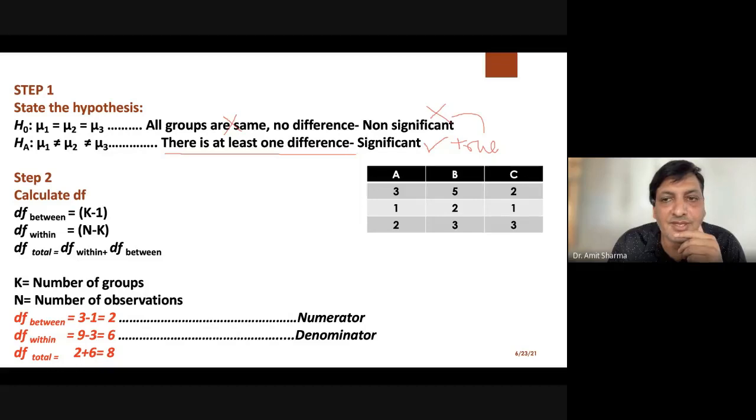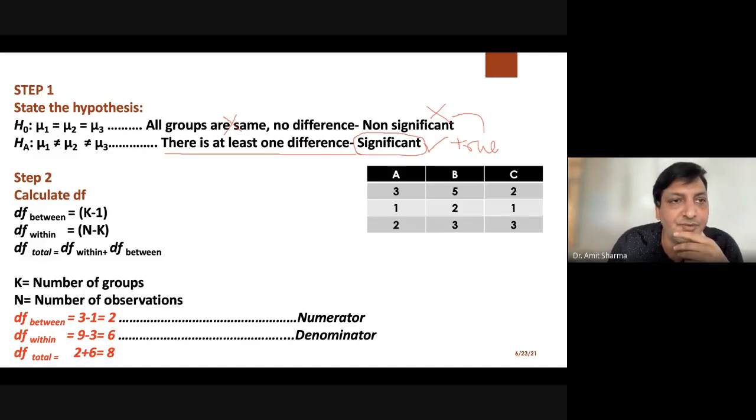So our result will be significant when our alternative hypothesis is true. But in research, we will never write that our alternative hypothesis is true. We'll say that the null hypothesis was rejected or the null hypothesis was not rejected.